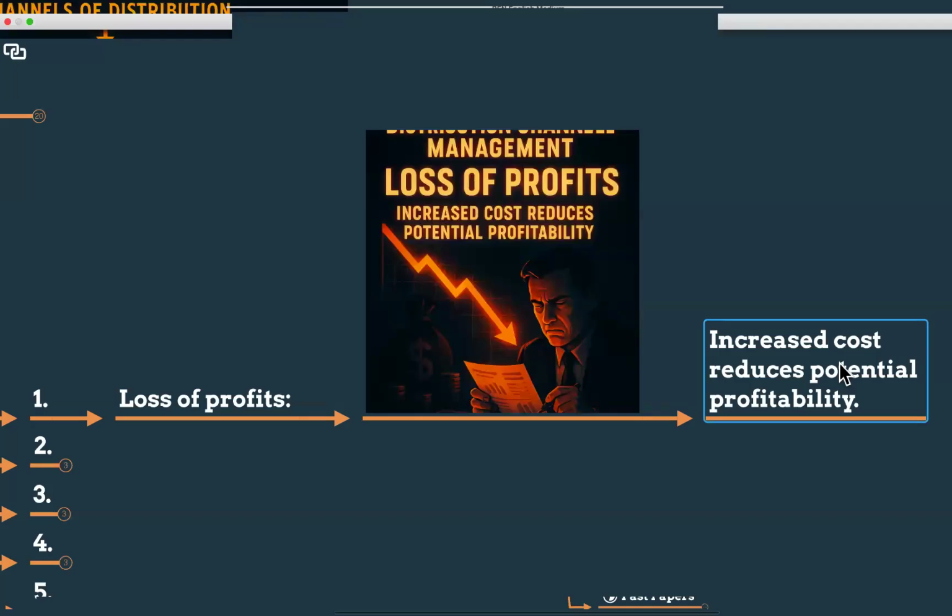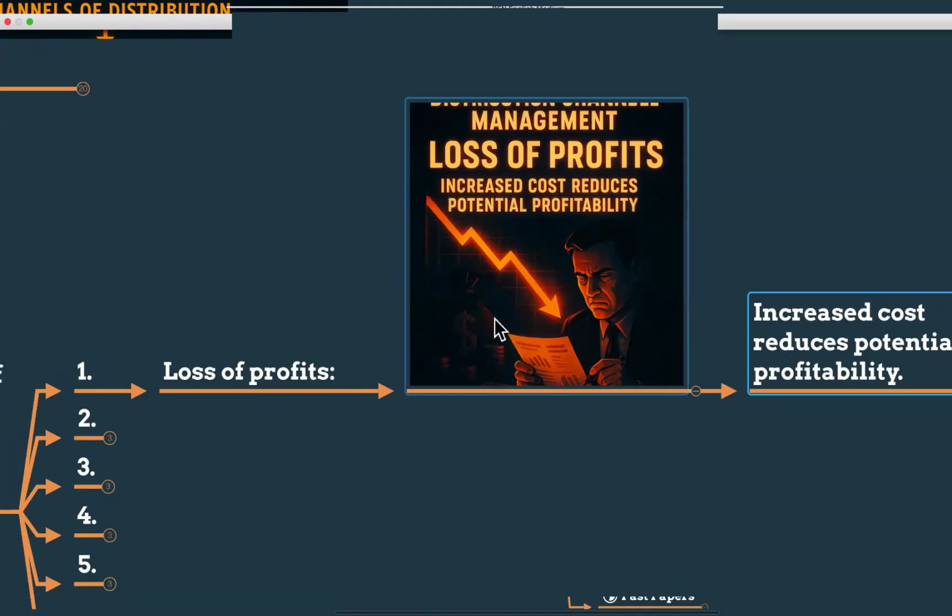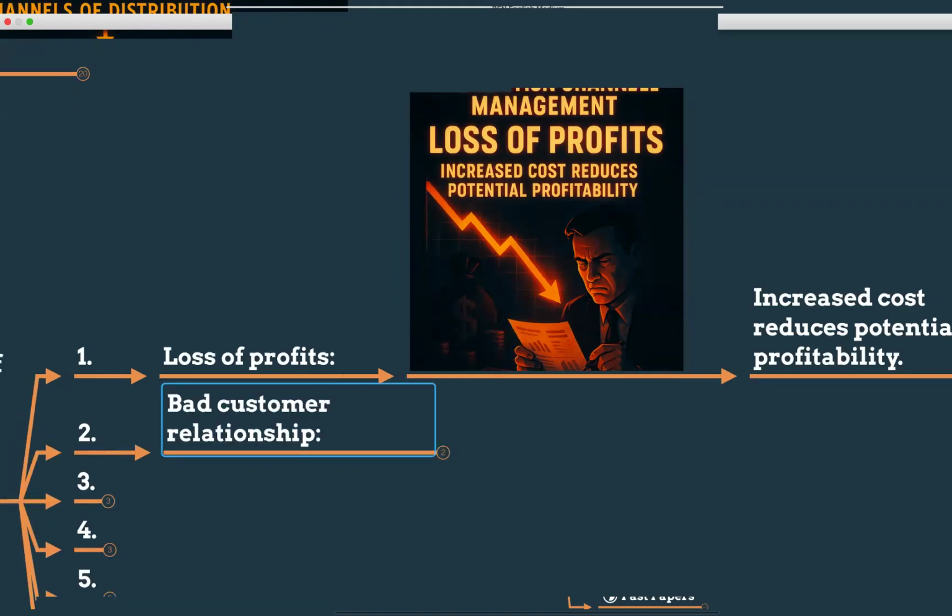So bad distribution eats up potential earnings. High distribution cost, too many intermediaries, but actually you don't want that many intermediaries, so that your product seems expensive to the general public and your product demand will be lower, right? So if you use too many middlemen, the cost sometimes exceeds your profits. So the loss of profits.